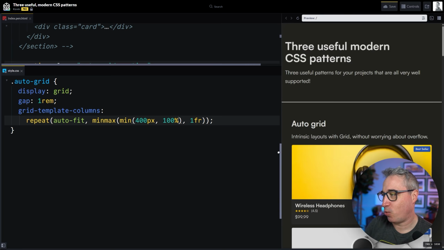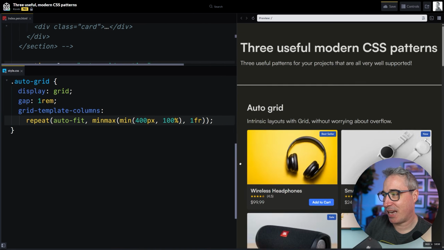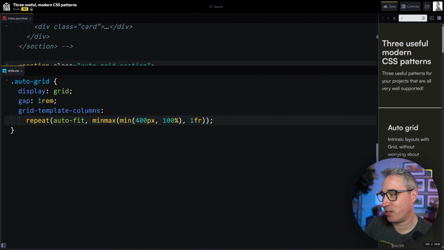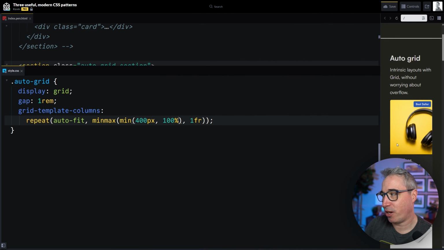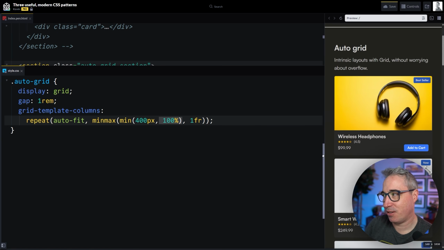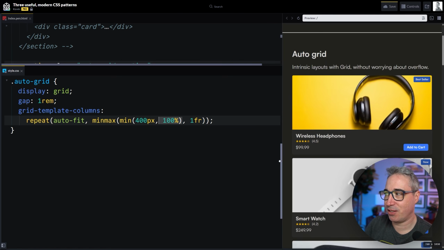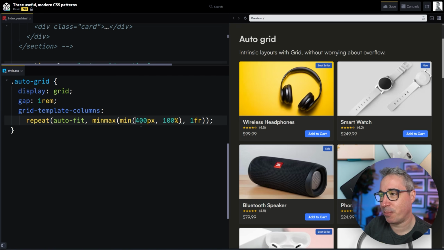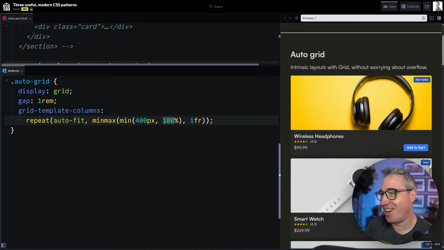But yeah, this works really well, and you can see it's exactly the same thing we had before, except now it's small sizes. It's using the 100%, and that's because it's going to use whichever of these is smaller. Is the 100% smaller, which it is right now, so use that. And then as soon as the parent is larger than 400 pixels, it switches over, and it's now using that 400 pixels here instead of the 100%, which I think is a nice win, but it's a little bit